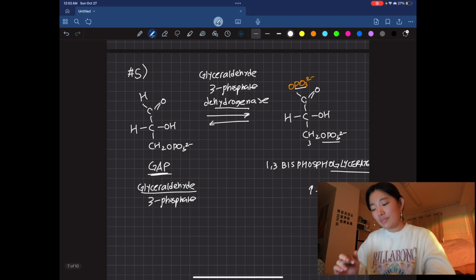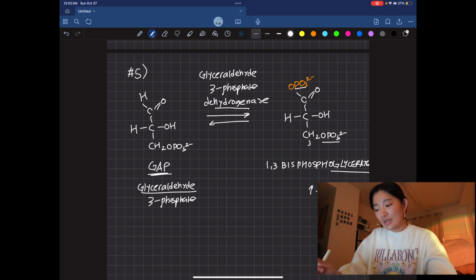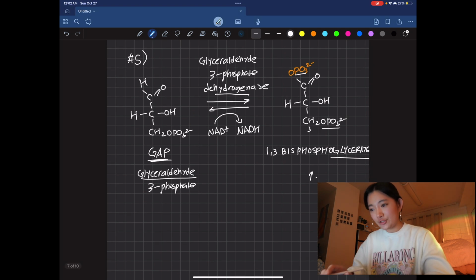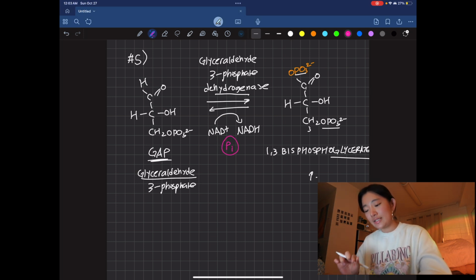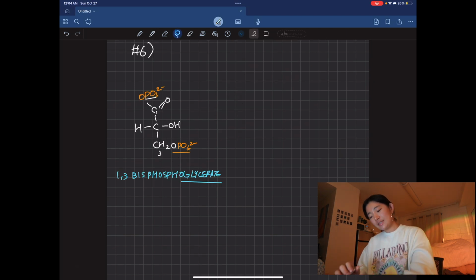molecule anymore, right? The mechanism as to which this happens is actually very much worth looking at because this is actually going to use NAD plus converted into NADH by taking that hydrogen, and it's also going to have a phosphate group involved. I'm going to make a separate video on how exactly the dehydrogenase does this because the mechanism is worth looking at because the intermediates has a lot to do with lowering activation energy, and it's pretty important. But for now, since we're just doing an overall walkthrough,